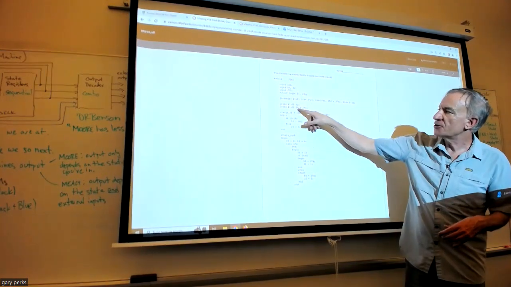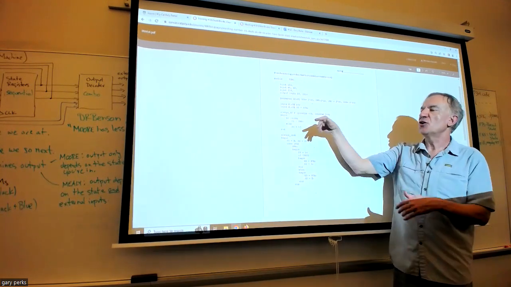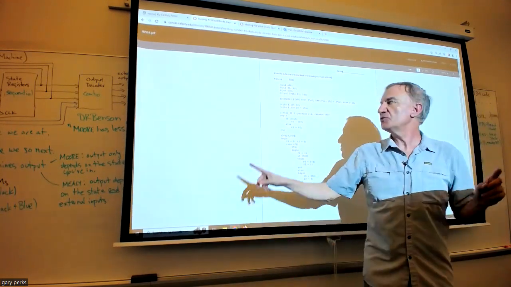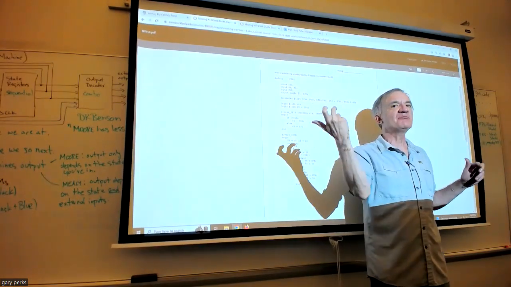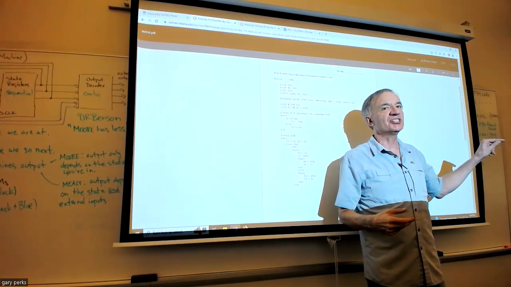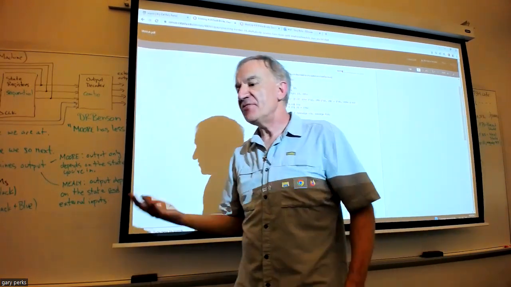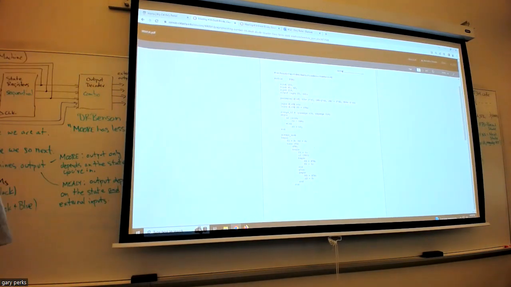And then also your next state and present state are declared as logic. Okay, so that code I gave you, the software does this. The software will actually assign binary numbers to those state names that you give it under that enumeration. And you see the big advantage, especially when you take CPE133, because when you take CPE133, you're